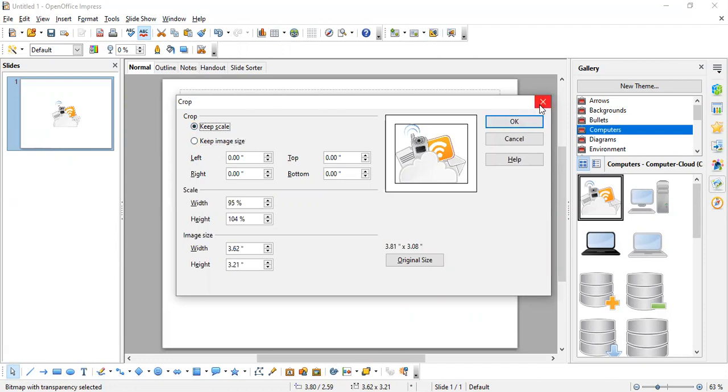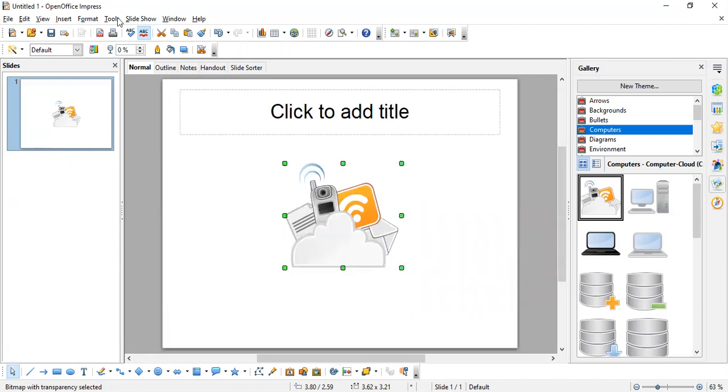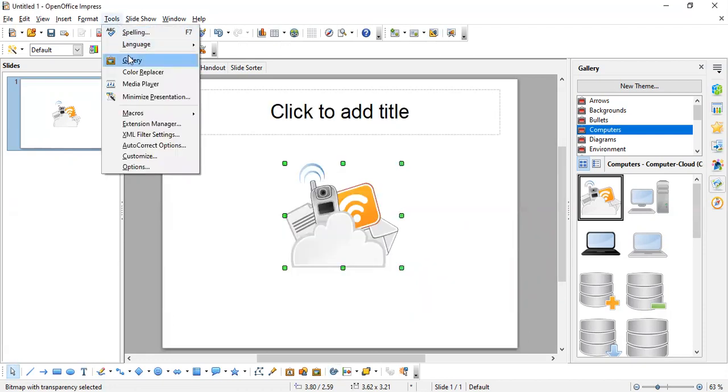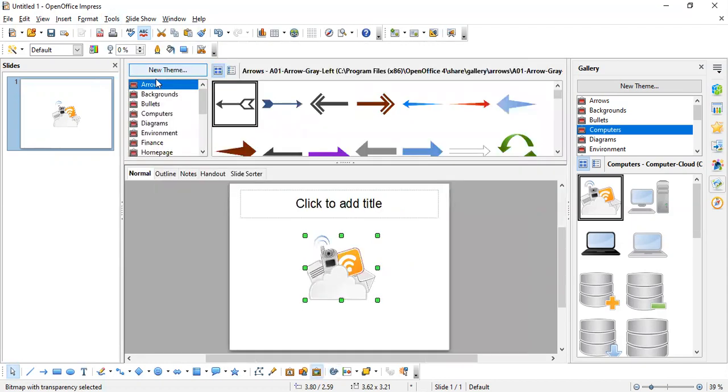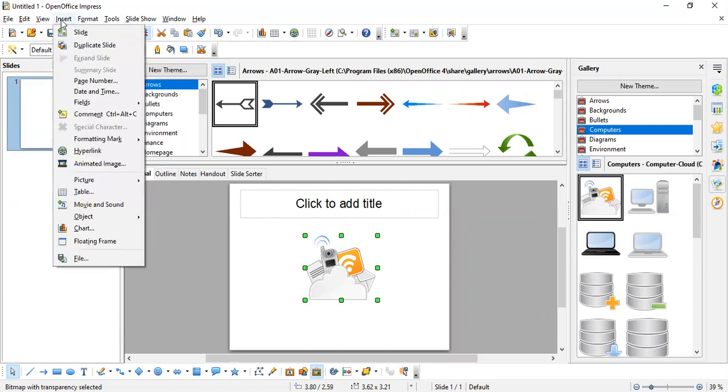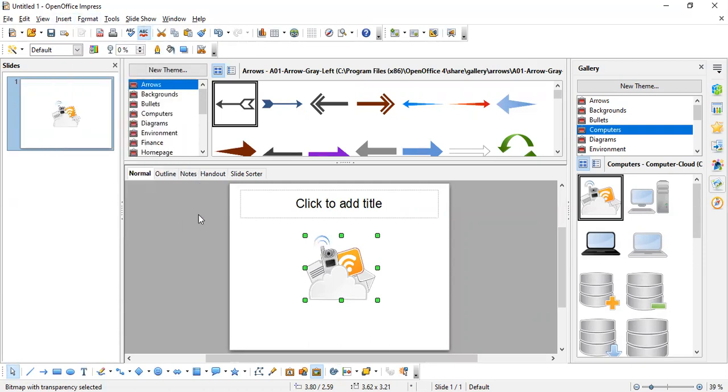Wrapping styles. Yeah, Insert menu, Picture. This is to insert the picture.